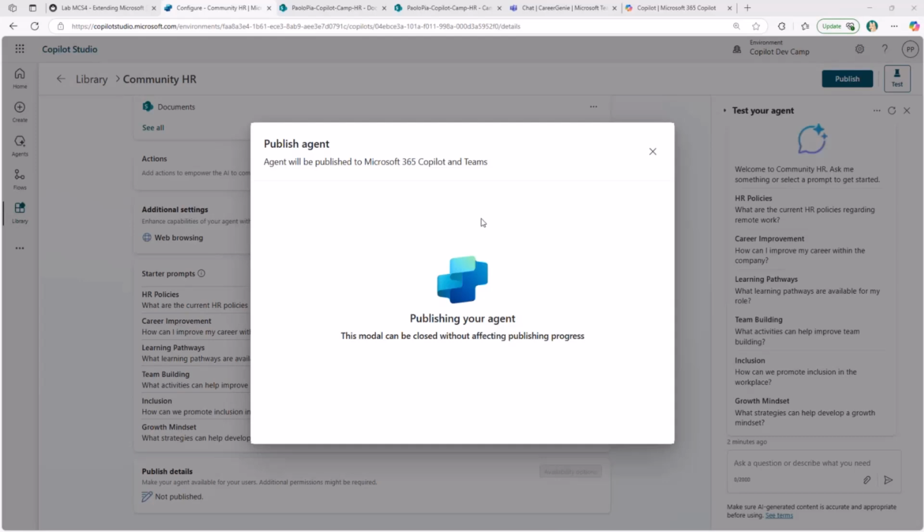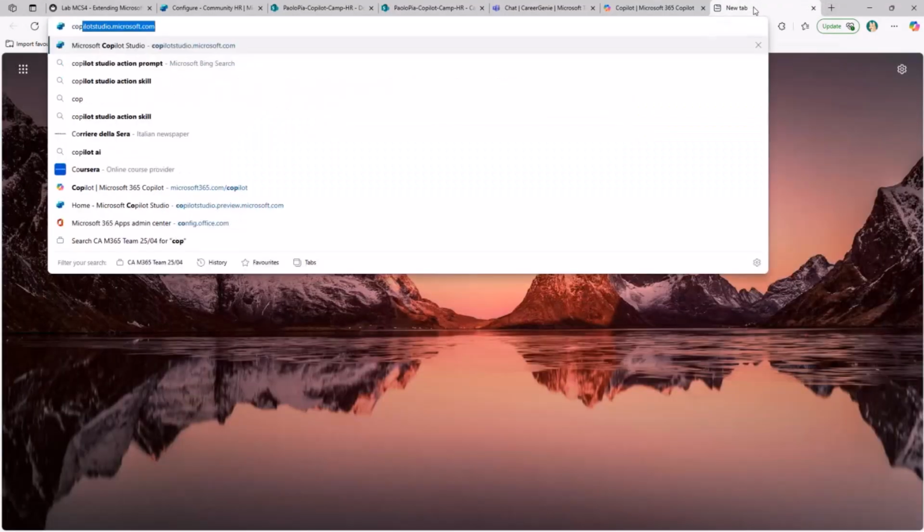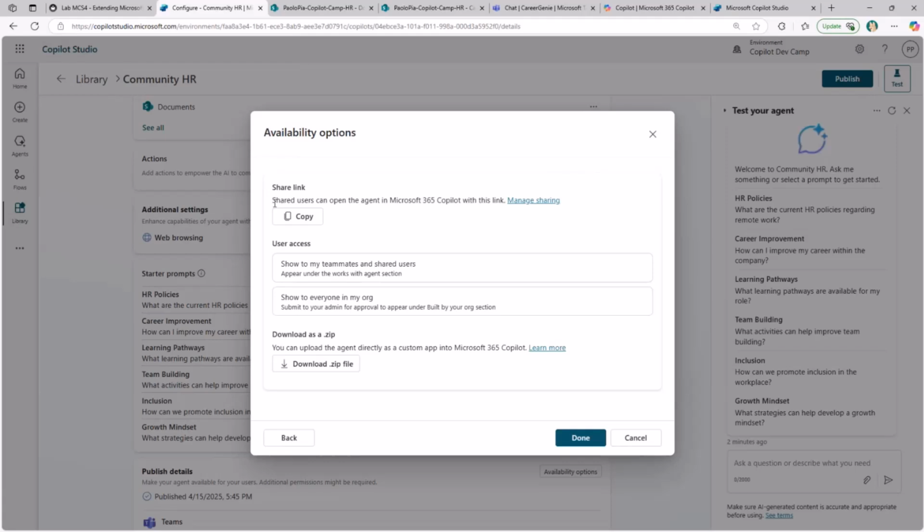And in the meantime, I can eventually open another Copilot Studio window and show you the other agent, just for the sake of saving some time in the meantime. Okay, so let's do that. Okay, hopefully this one will come. Well, this one is ready, so we can go back to the previous one,